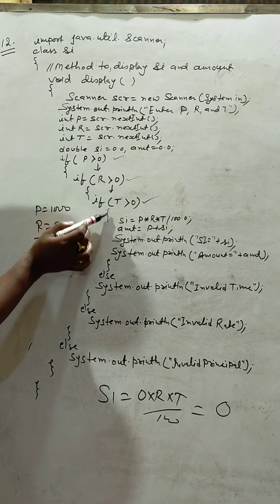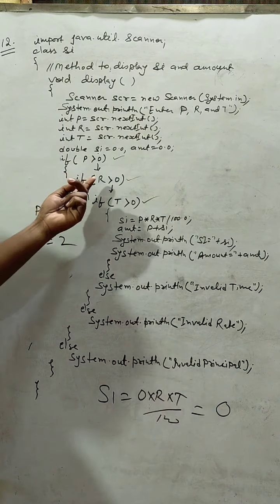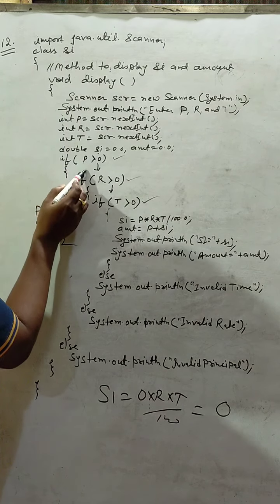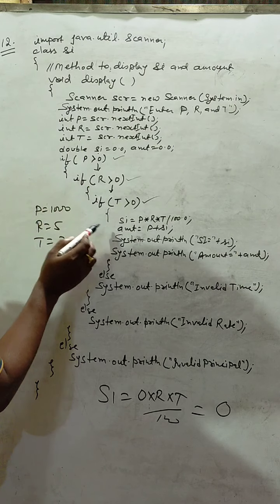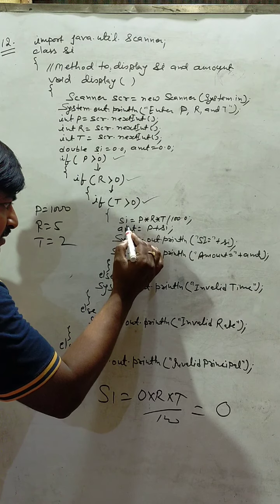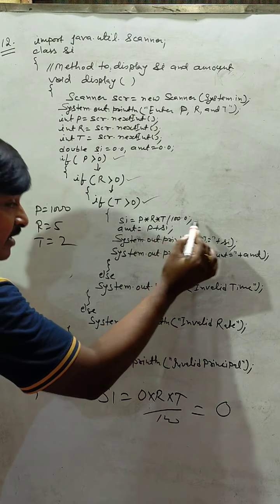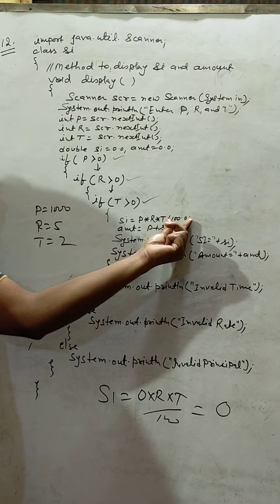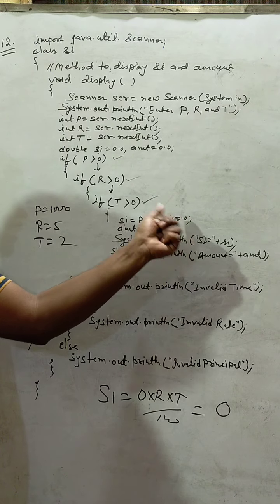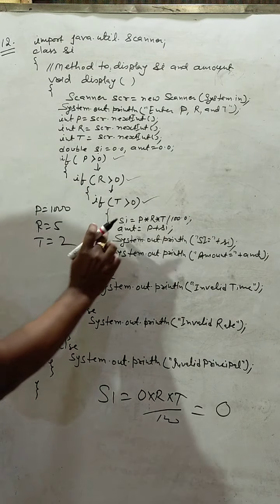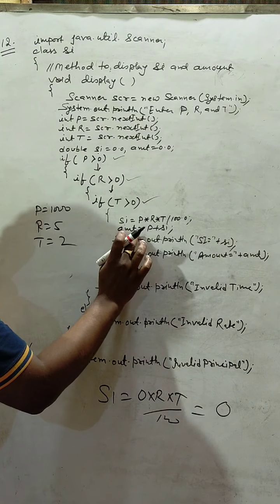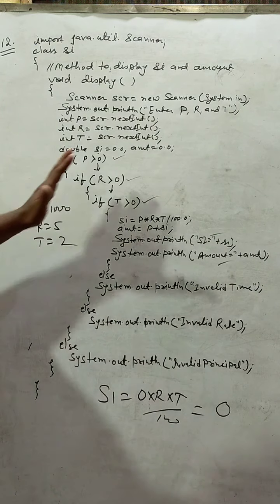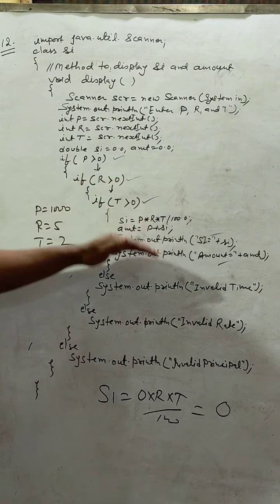Therefore, these three conditions are true, means principal is greater than 0, rate is also greater than 0, time is also greater than 0. When these three conditions are true, the program will calculate SI, which is equal to P into R into T by 100.0, because P, R, T are integers and we have to make this part a fraction by giving point 0. SI equals P into R into T by 100.0, AMT amount equals P plus SI. We will print SI and amount. This is okay for this value.